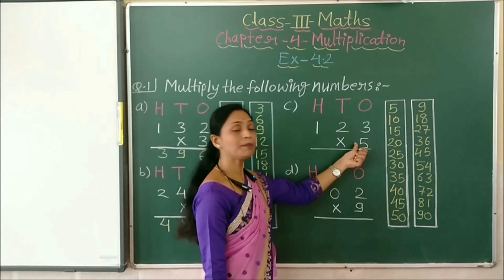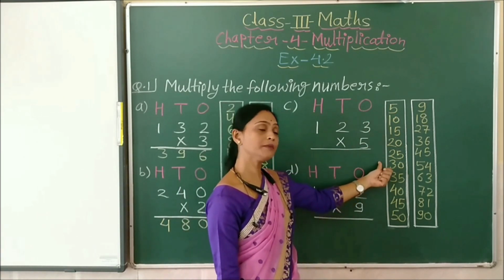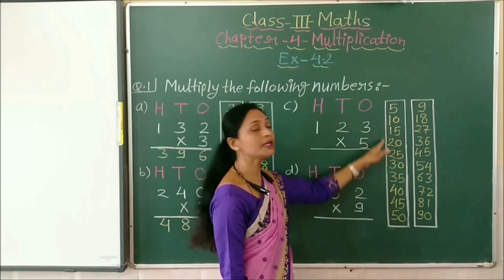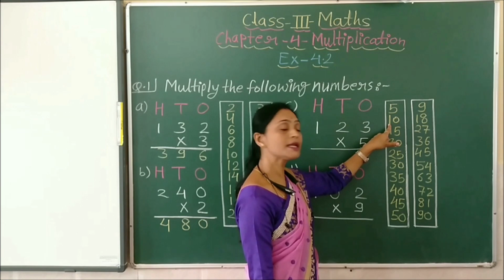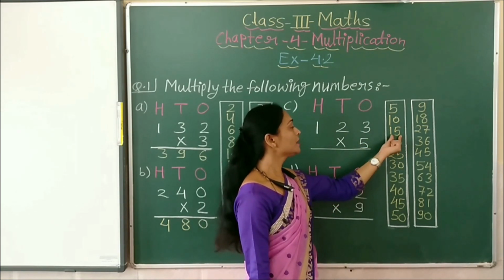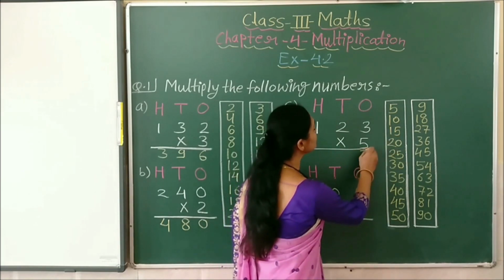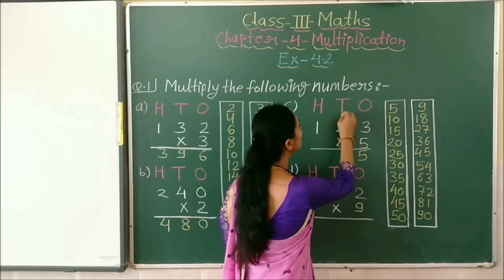Now we will see this third one. See, here we have to multiply with 5. So we have to remember this table of 5. We will start with this 3. 5's table we have to read how many times? 3 times. So 5 ones are 5, 5 twos are 10 and 5 threes are 15. Now see children, here also we got this 2-digit number. So on ones place we have to write 5 and then 1 will be carry over on